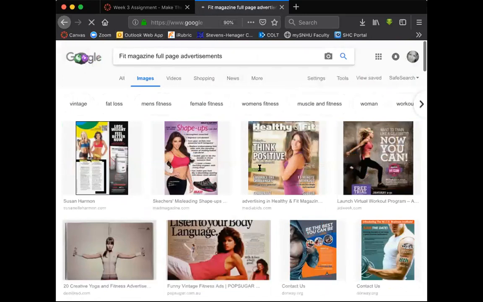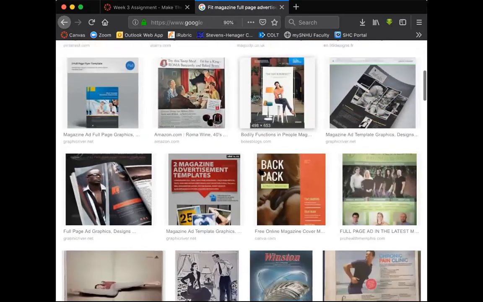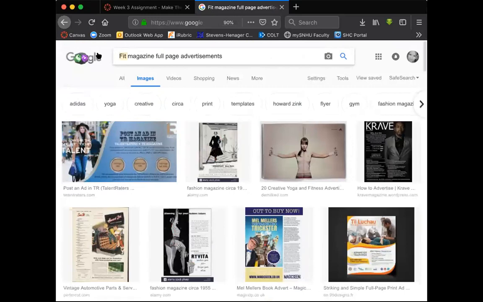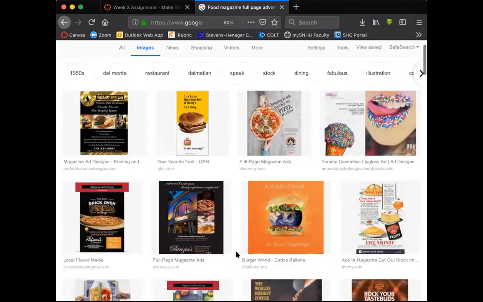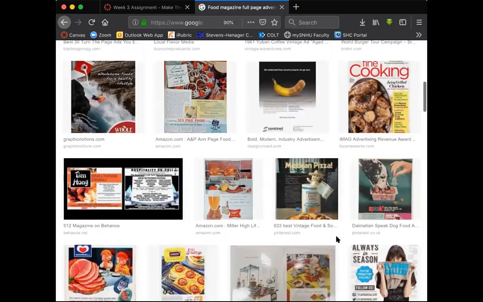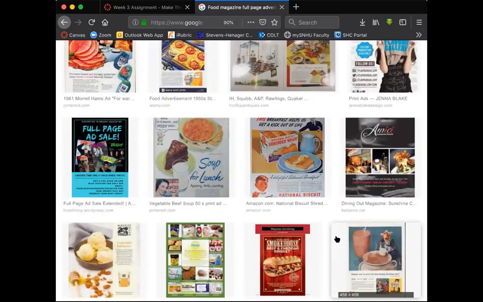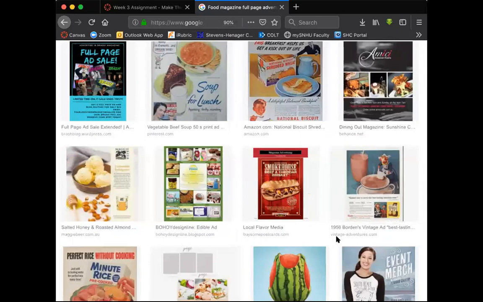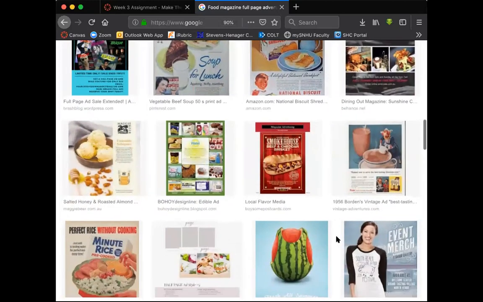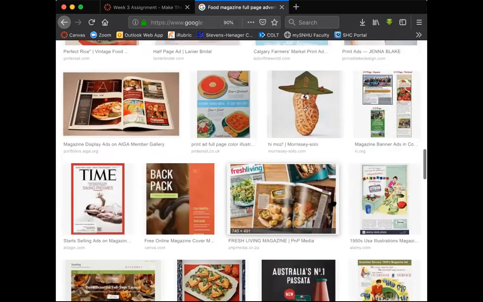Full page advertisements. Okay, let's look for food magazine full page advertisements. So you get an idea of what's out there, what brands are out there, what the articles look like. Think about it being on the back of the cover too. People pay a lot of money for ads that are not only full page, but if it's the inside cover or the back cover or inside back cover, they're paying premium money for that space,